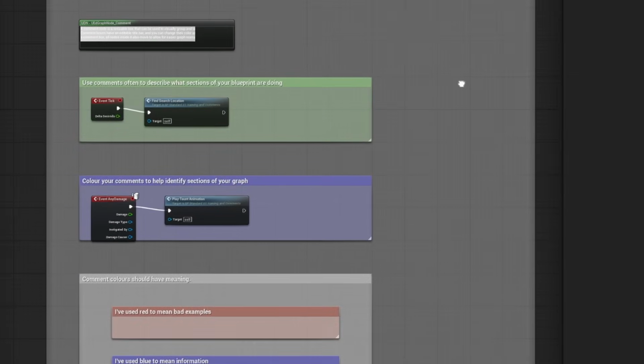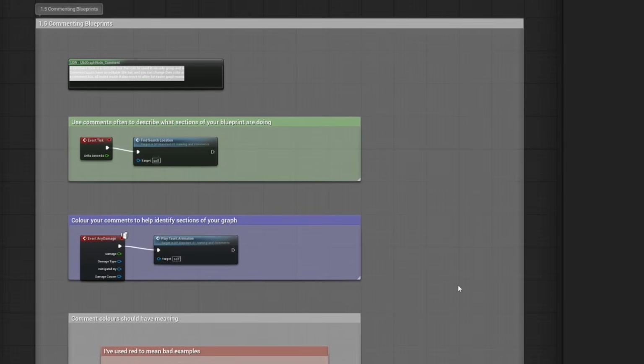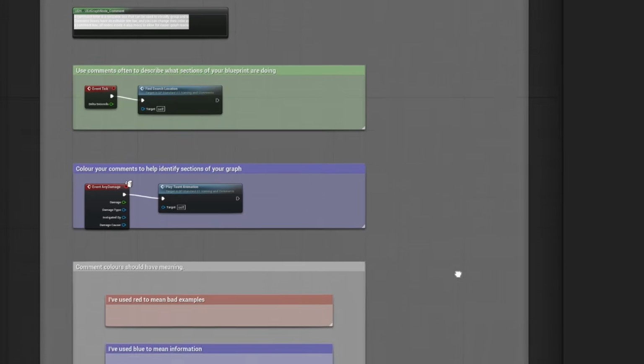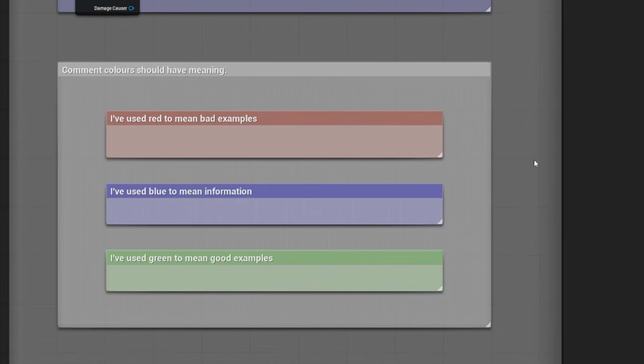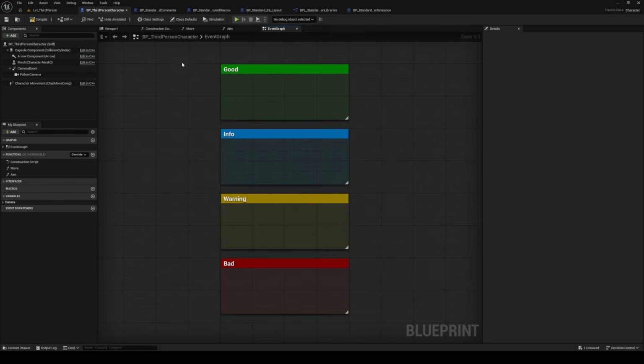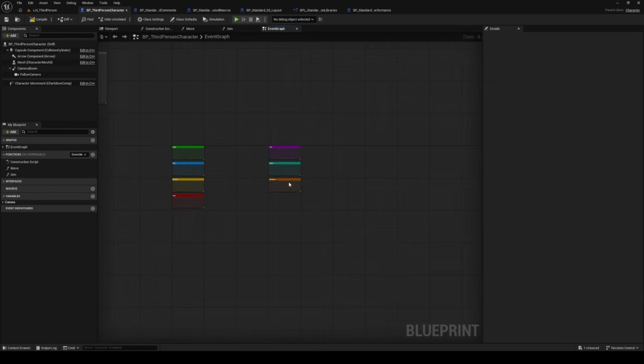Item 1.5 talks about comment colors. Often, comments get colored inconsistently and arbitrarily, but it's much more useful to use colors semantically so that they convey some meaning at a glance. Here are the colors that I like to use, but you could also use different colors for different domains, like